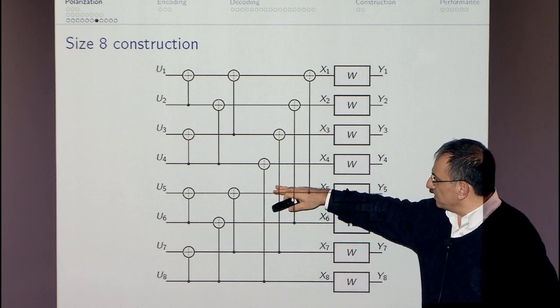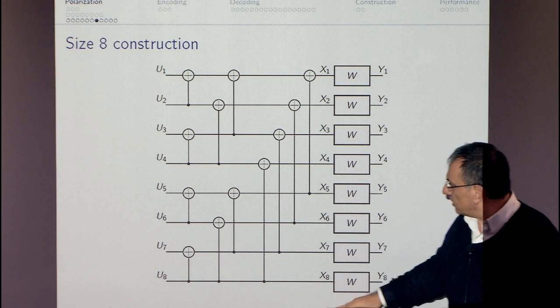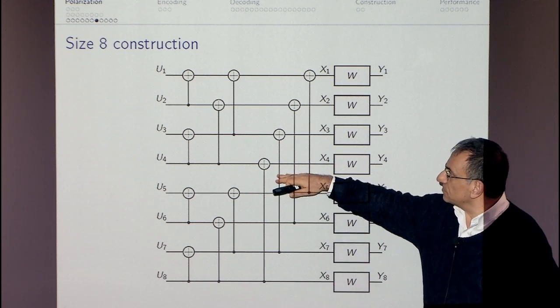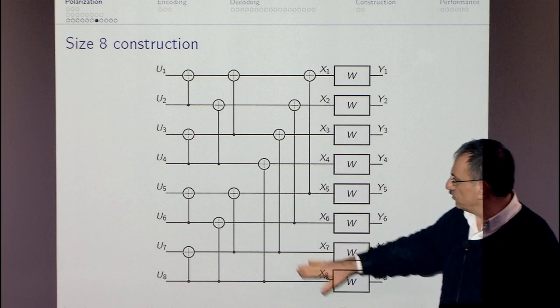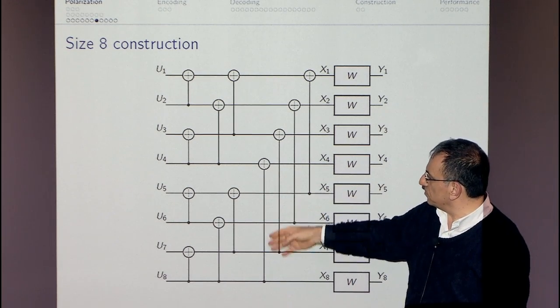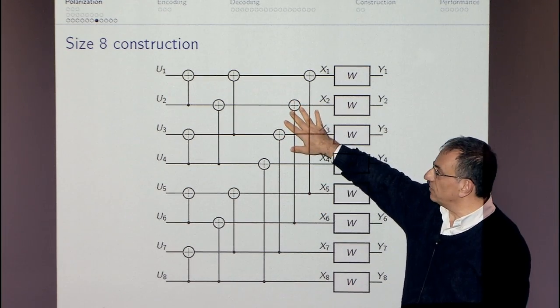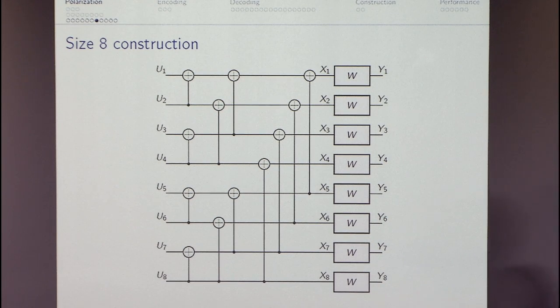So you replicate it, and then there are two halves, a bottom half and an upper half. The bottom half is connected by these wires to the upper half. So this goes on and on. The algebraic description of what we are doing here is defined by a Kronecker power of a small matrix.